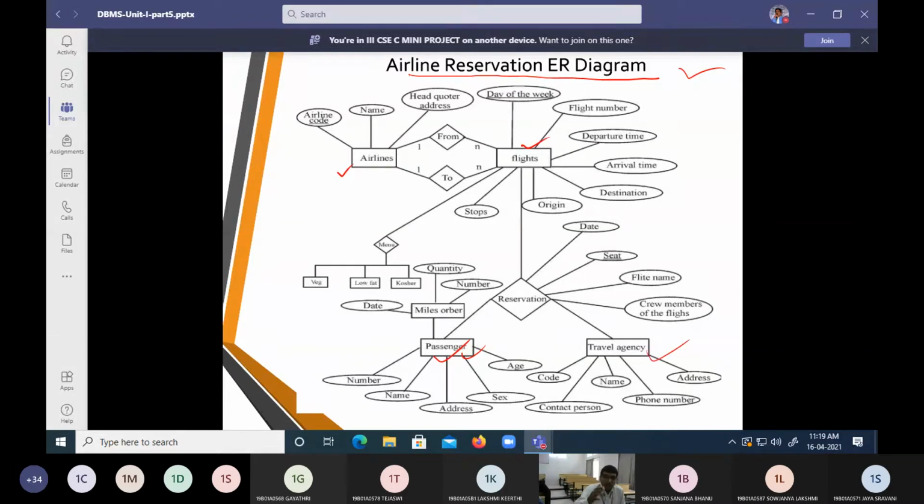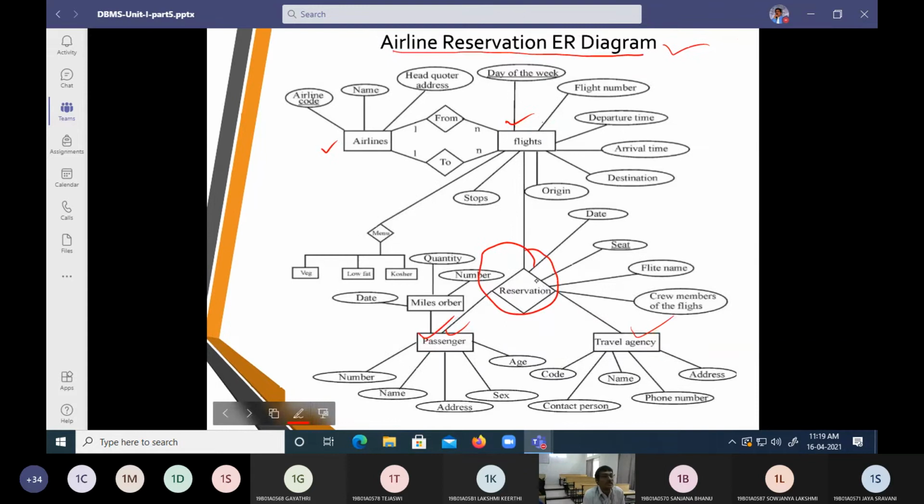Fourth, the ticket booking agencies who can make reservations for the users on the respective flights. So we call them travel agents, and all together they are going to depend on a relationship set, and the name of the relationship set we are going to call reservations.